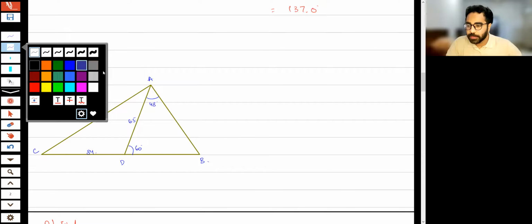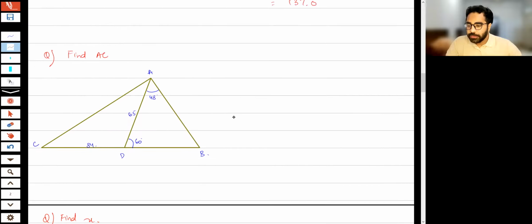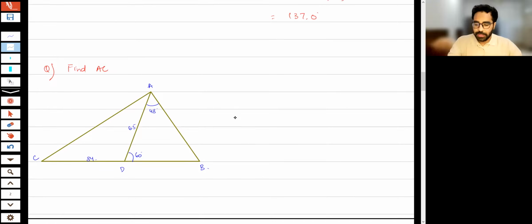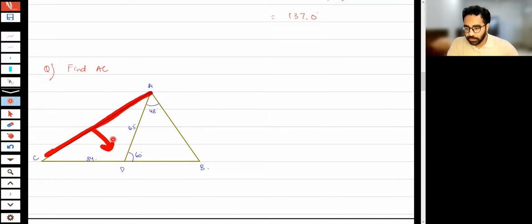Okay, over here I have to find this length AC, ठीक है। If I have to find the length AC, I need to know the angle opposite to it, ठीक है। तो मेरे पास ये वाला एंगल नहीं है, अगर मुझे ये एंगल मिल जाए I will be able to apply the cos rule। क्यों? क्योंकि मेरे पास जो अननोन साइड है उसकी ऑपोजिट एंगल नोन हो जाएगा, ठीक है, और उस ऑपोजिट एंगल की दो एडजेसेंट साइड मुझे पता है, तो I will be able to apply the cos rule, ठीक है।